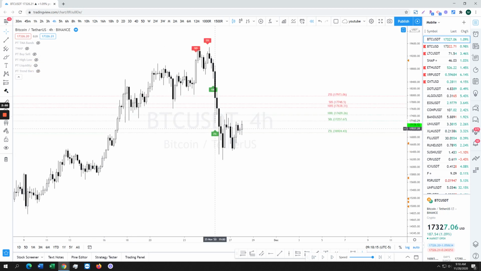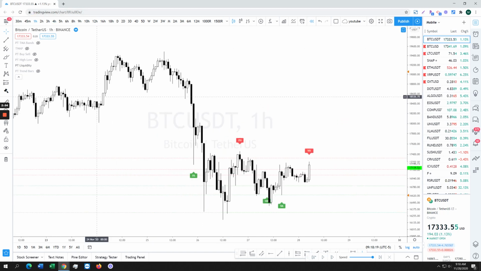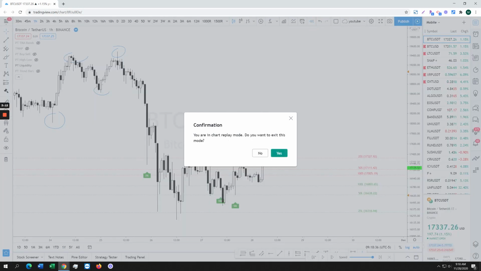All right, liquidity levels. I need to show this to you live. It's kind of hard for me to tell you how it works in the past. So it caught every single top and bottom watching it live. What it means is if you see a 25x flag like this, that means that 25x shorts got liquidated at this level. Hence we dumped, right? If you look at it from a live perspective,